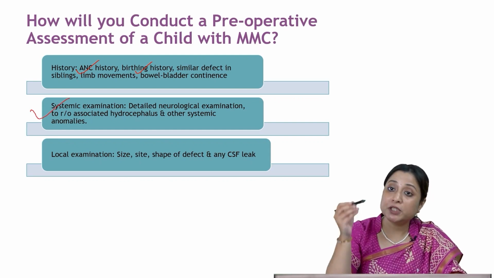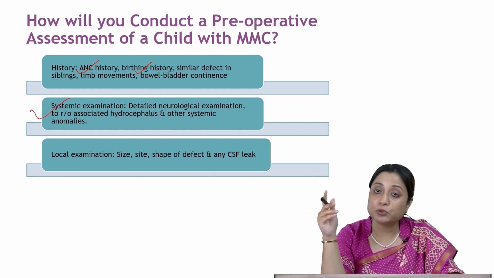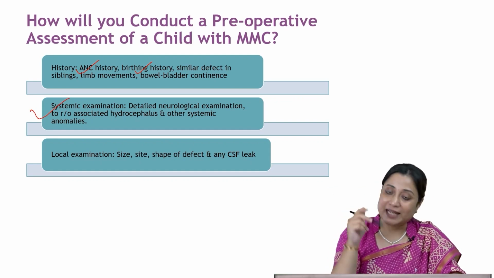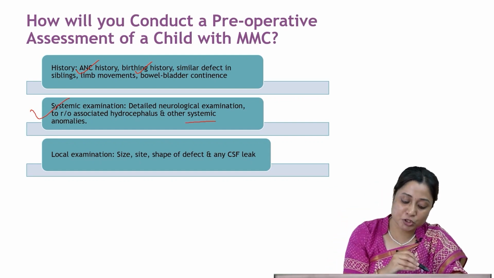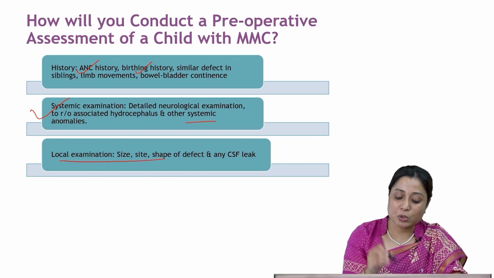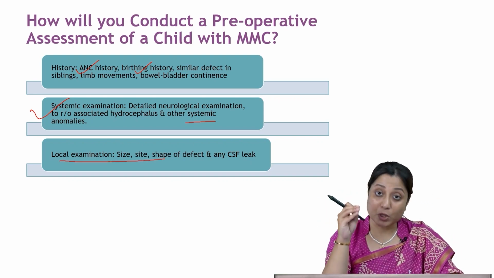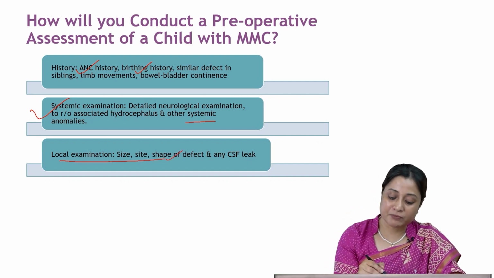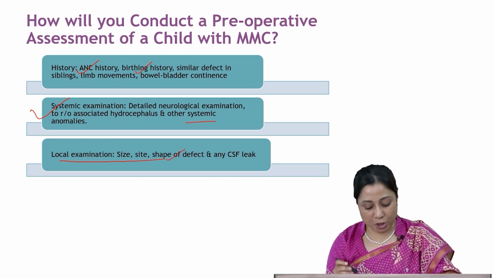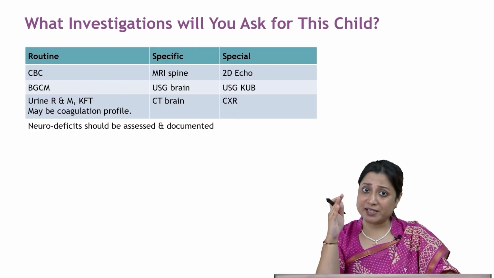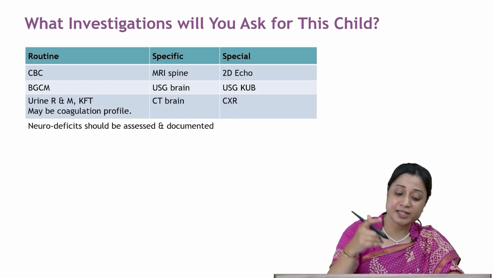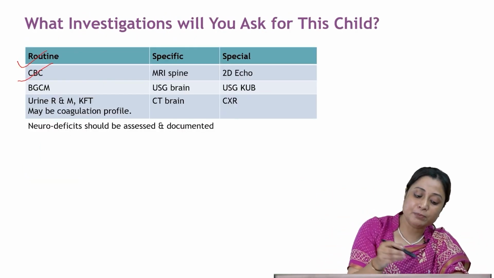Systemic examination: you need a detailed neurological examination to rule out associated hydrocephalus and other systemic anomalies, as I mentioned earlier. Also, local examination, that is the size and the site of your meningomyelocele or the neural tube defect. What is the shape of the defect? Whether there is any CSF leak or not. Specific investigations. So, coming to the lab investigations, routine investigations like a complete blood count,